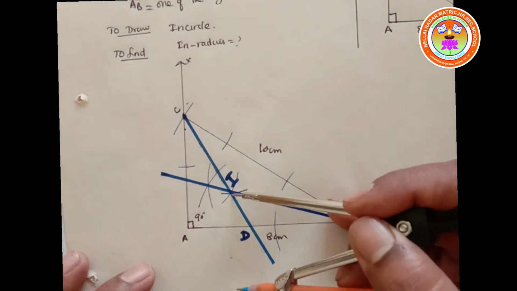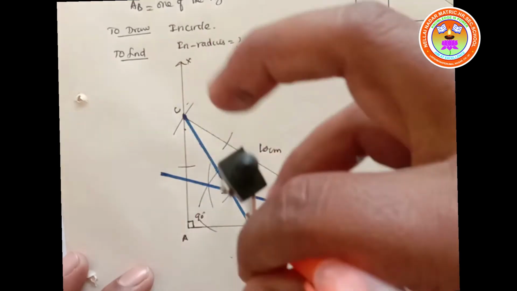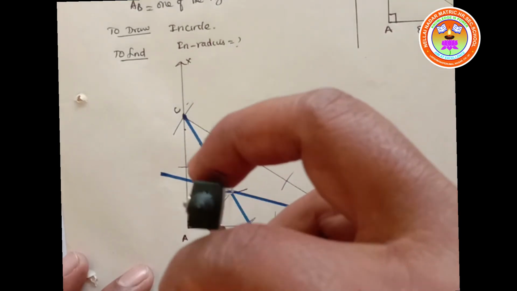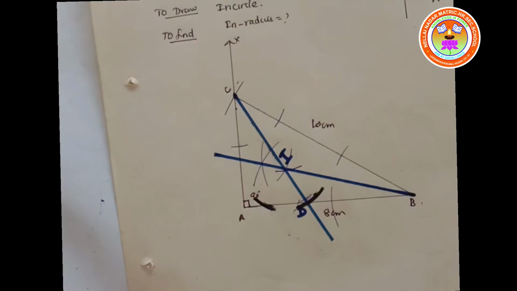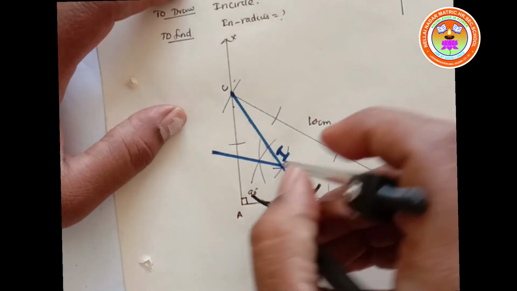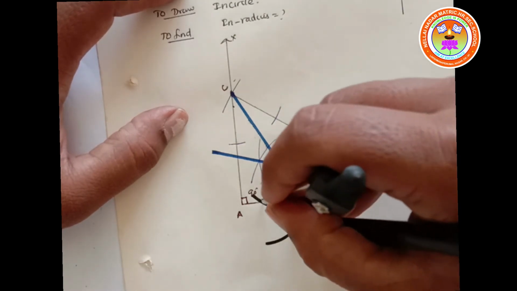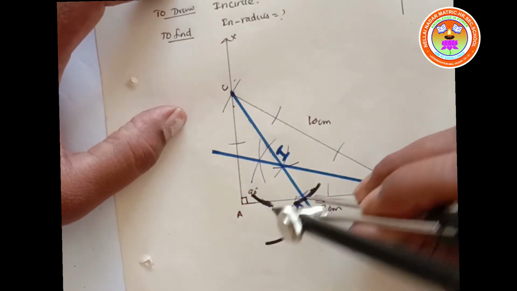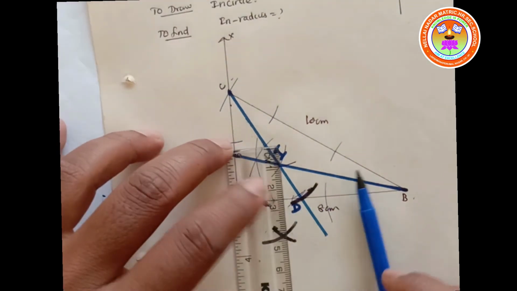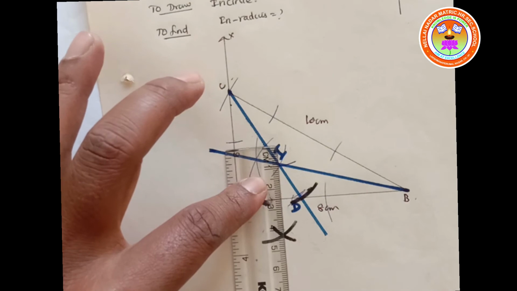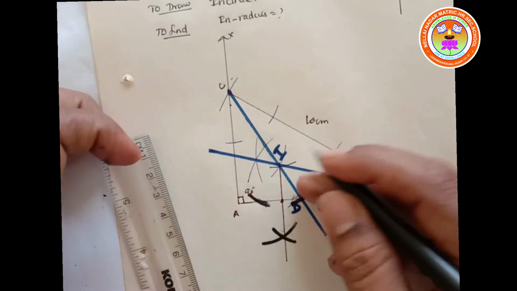Now from I as center you have to draw a perpendicular to get a straight line. See, children? So here an arc and here an arc. From here I take any radius, cut an arc like this. Again from here draw an arc. Again from here cut the previous arc. It's clear, children? With I as center, with the help of scale, extend the line. This point is D, ID.